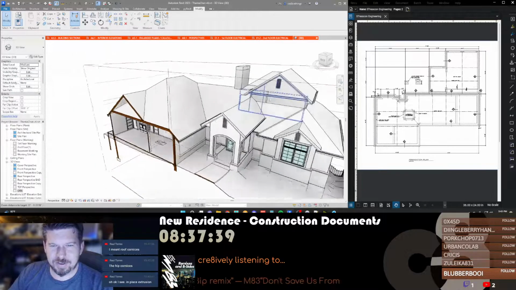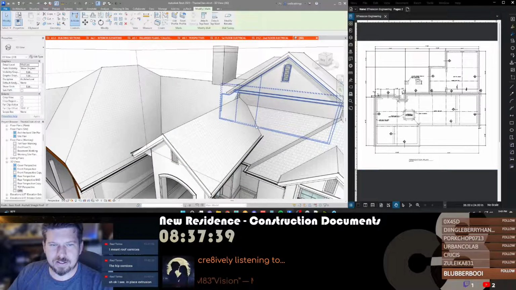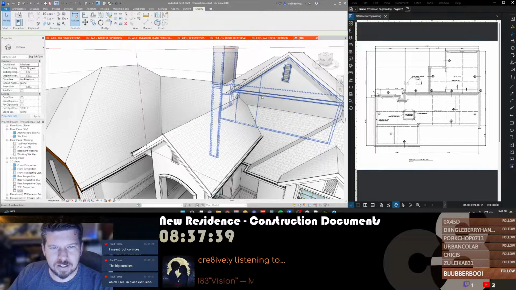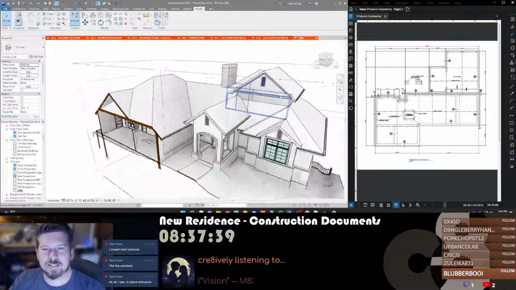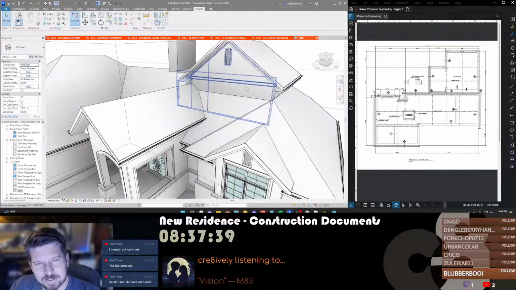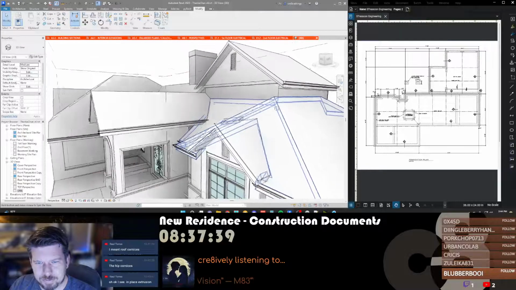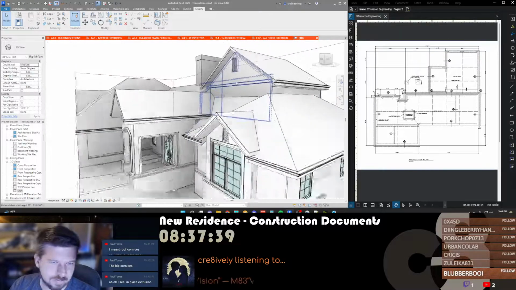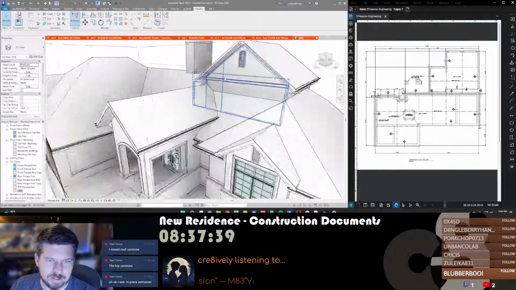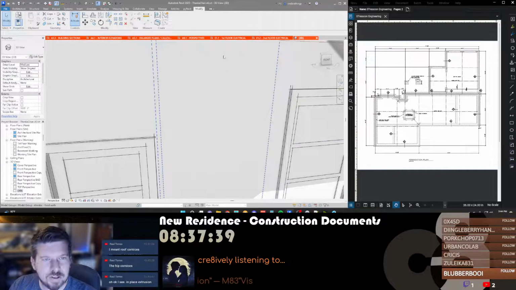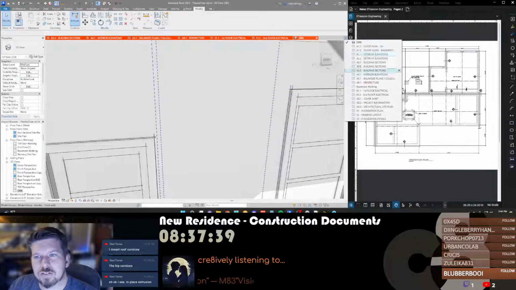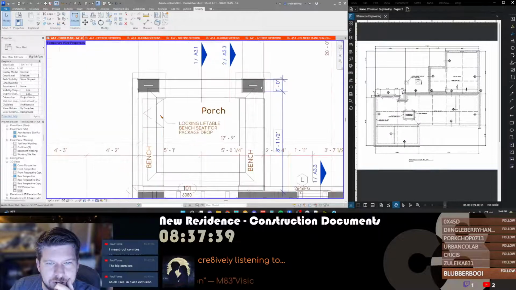That's all it is. Oh no. That's a wall with a built-in sweep. That's not supposed to be like that. There's so many small things in this project that